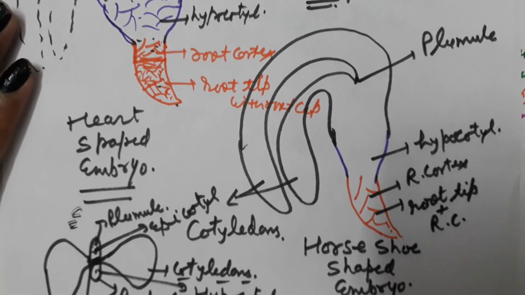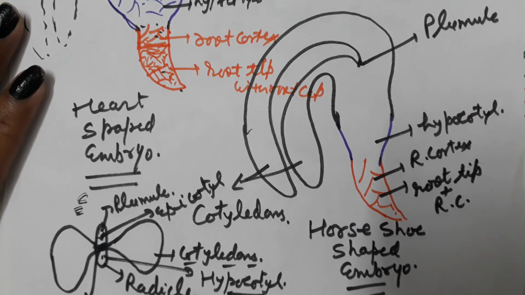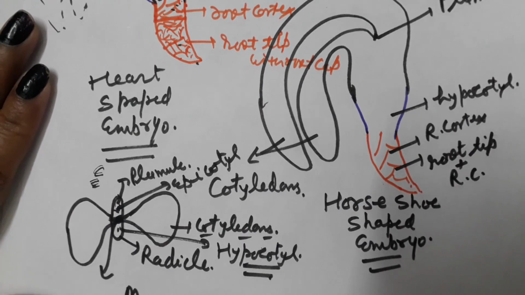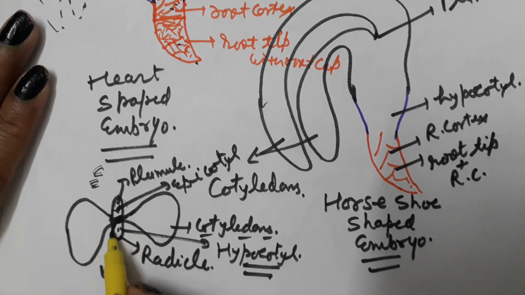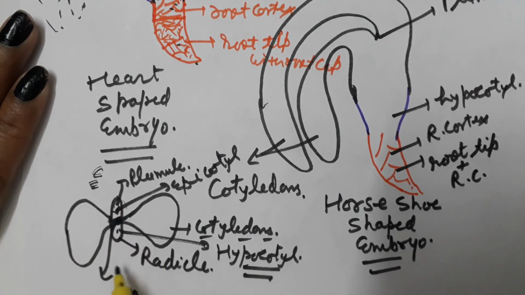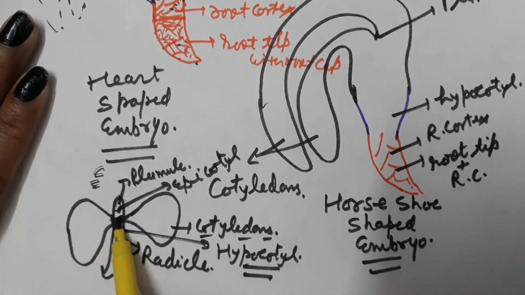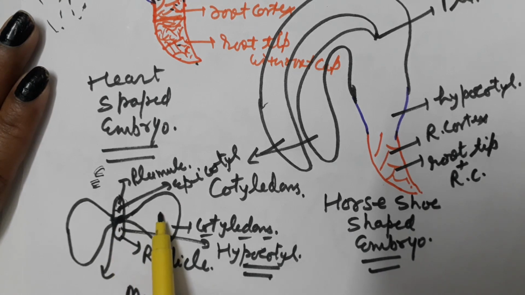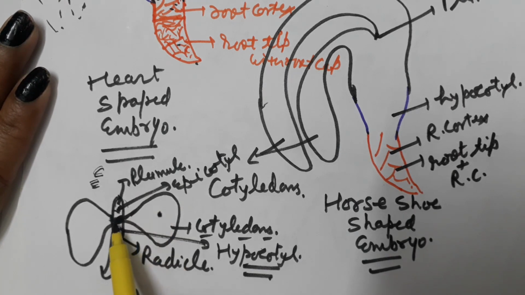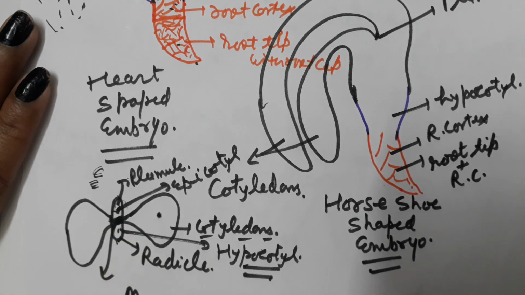If we examine the internal structure of the seed, what we observe in the center is known as the embryonal axis, which consists of 2 parts: the radicle present towards the micropillar end and the plumule present towards the chalazial end. The 2 cotyledons joined together at one point represent the cotyledonary node. In the cotyledon, reserve food is present, which supplies nourishment to the developing embryo. The region between the cotyledonary node and plumule is known as the epicotyle, and the region between the radicle and cotyledonary node is known as the hypocotyle.